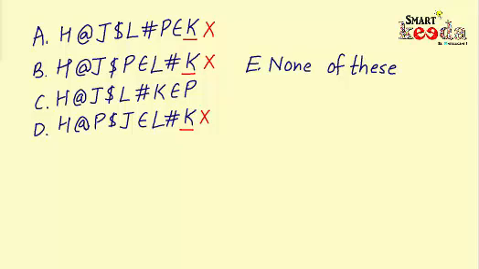Dear friends, please make a note here. There are two exceptional cases in the elimination method. The first case is that we can't eliminate the option where the last person is either wife or husband of the previous person, as in this case we can determine the gender of the last person. For example, if there had been the @ symbol before K in any one of these options, then we wouldn't have eliminated that option. Since A@B means A is wife of B, the last person is husband, therefore he is male.